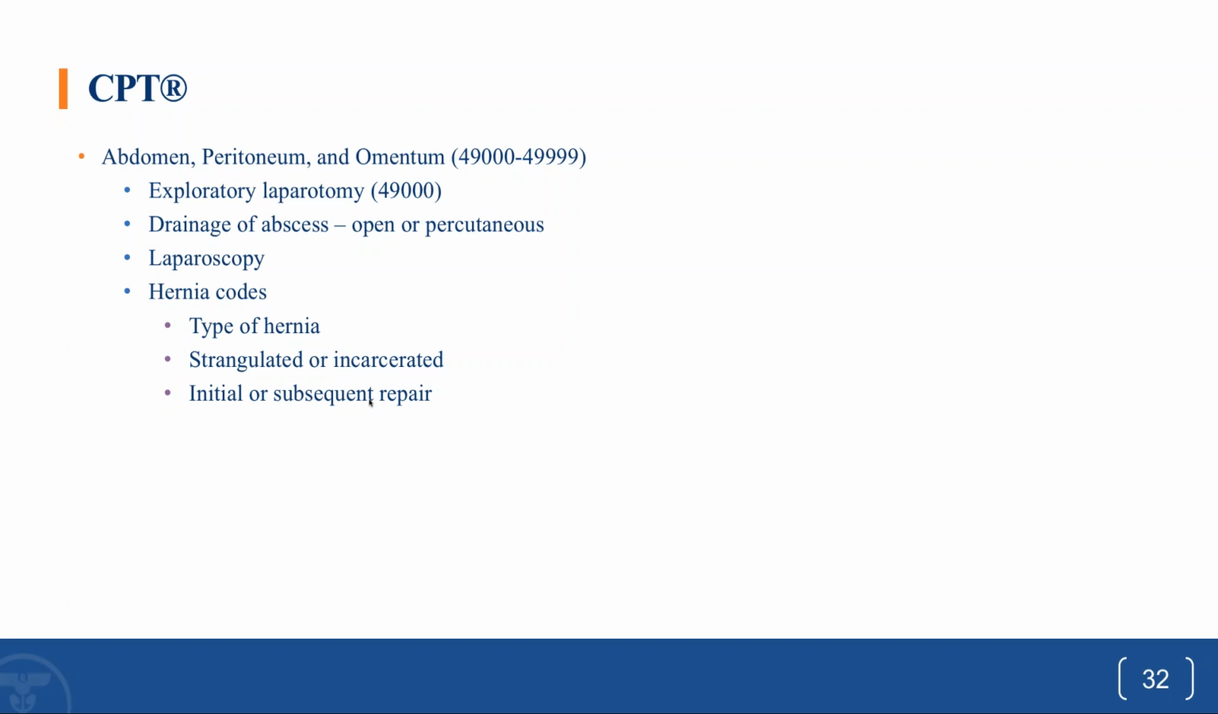One last thing on the open side that I want to mention, on page 315, at the top where it says 49568. That is the mesh. You see it's an add-on code, and sometimes when they're doing a hernia repair, they will use mesh. So make sure you write mesh right under